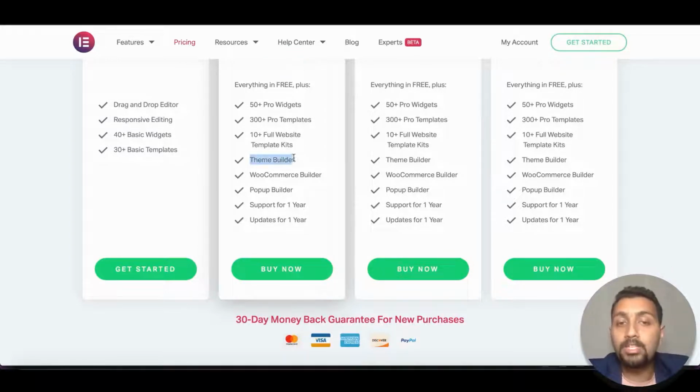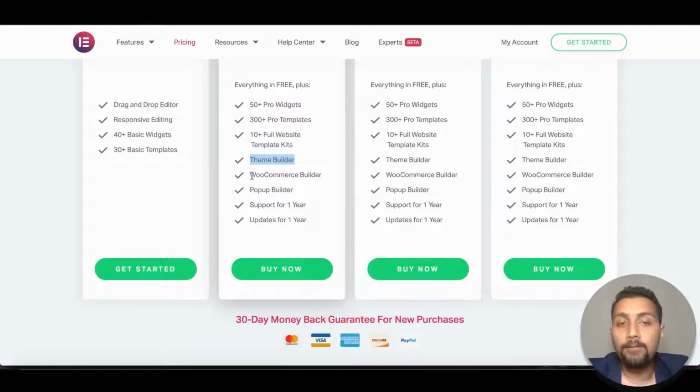Then we have this theme builder, which is very important. You don't have to rely on the OceanWP theme or Astra theme or Hello Elementor theme, any other theme. You don't have to rely on the themes for the design part. What you learned in the appearance customize section, where I told you how to customize your themes and how the options are actually different for different themes altogether. Using the Elementor theme builder, you can actually design your entire theme. Okay, the blog post page, the archive page, the category page, the 404 page. Then you have the pages, then you have the home page, then you have the blog page. Every kind of stuff which a normal theme actually has the power to do, you are going to do all of that using the theme builder provided by Elementor, and it's really cool.